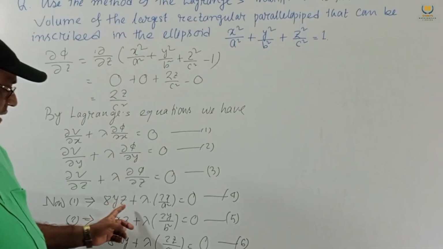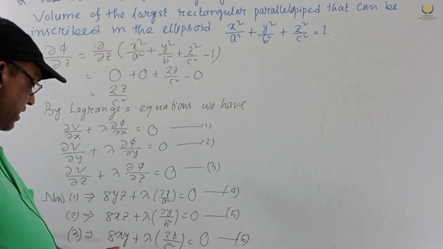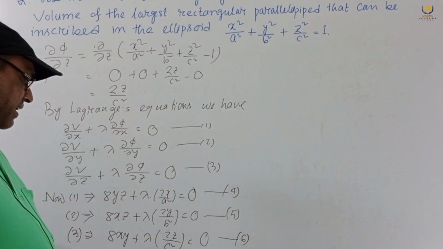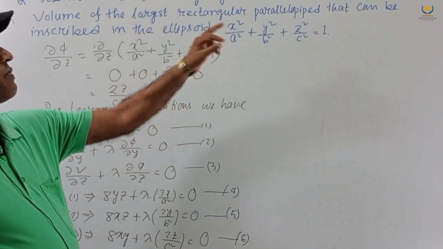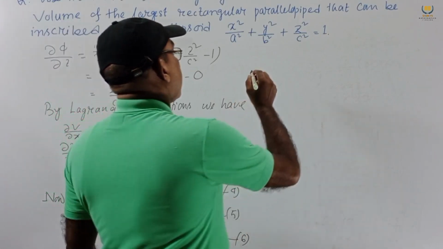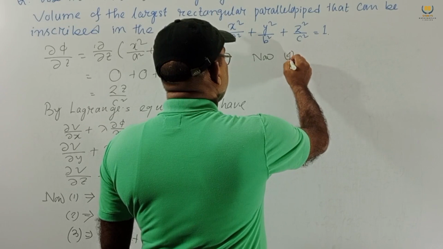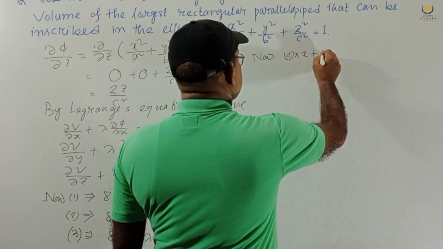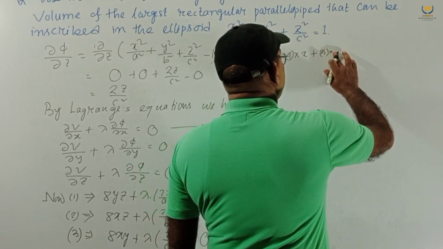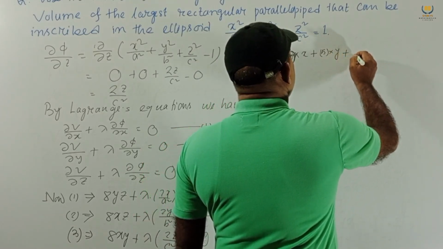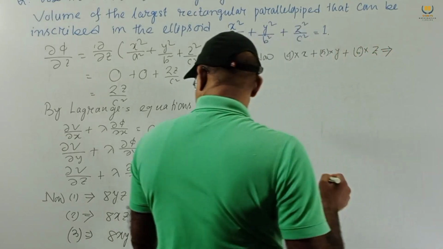Now if we multiply this equation by x, this equation by y, this equation by z and add, we get x square by a square, y square by b square, z square by c square. We know this value is 1. So now we multiply equation number 4 into x plus 5 into y plus 6 into z. This implies